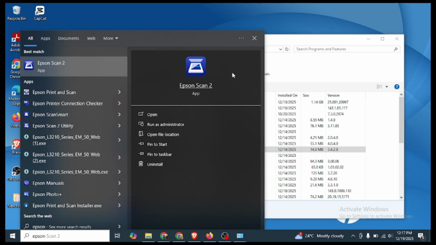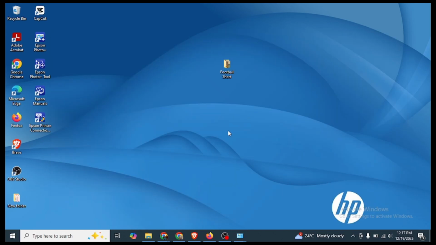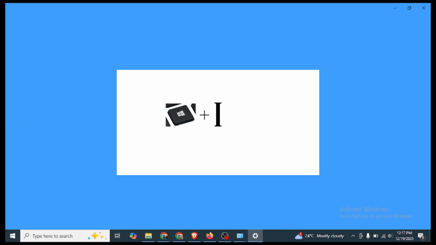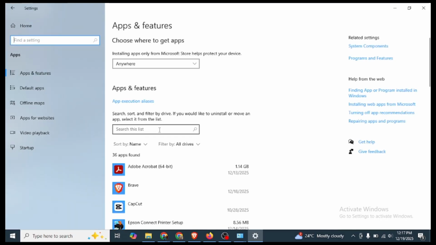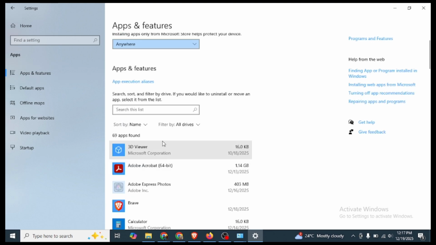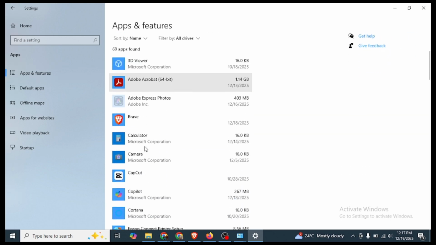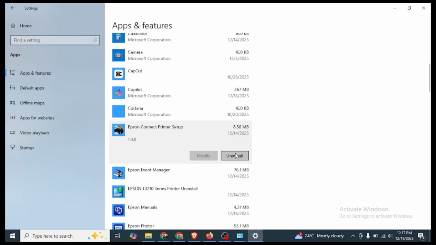The third method is just click on Windows I, then install apps, search for the app you want to install, printer connection, and then click install. As you can see,